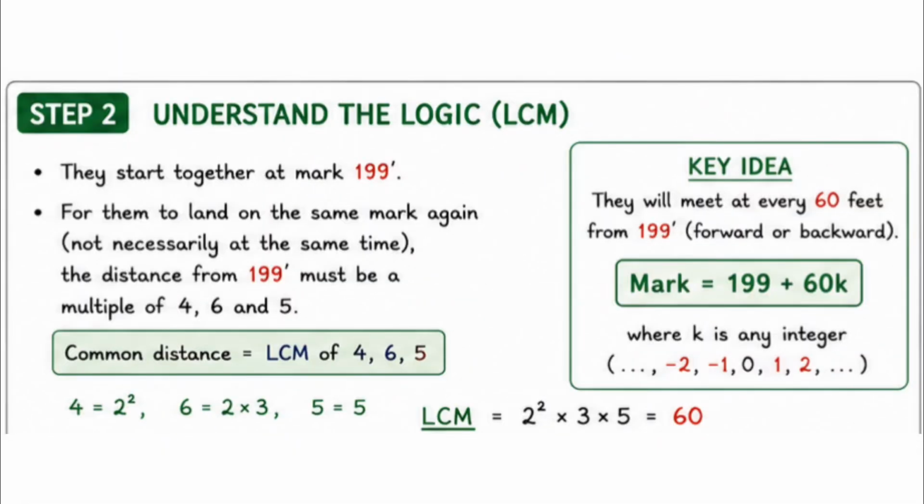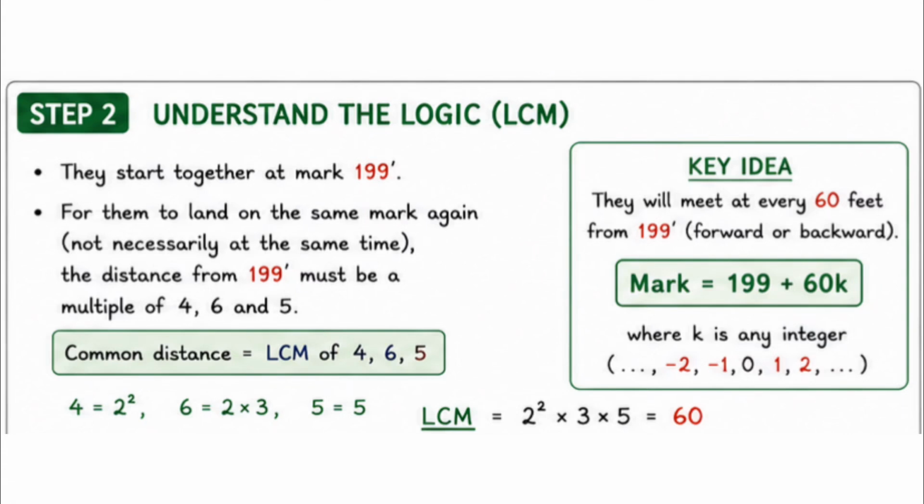So, mathematically, what does a common mark mean? If they all start at 199, any other common mark M must be a distance away that is perfectly divisible by 4, 6 and 5. In other words, the gap, M minus 199, must be a common multiple of their jump sizes. To find the very first gap where they meet again, we calculate the LCM, lowest common multiple of 4, 6